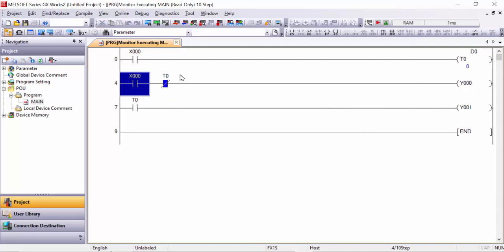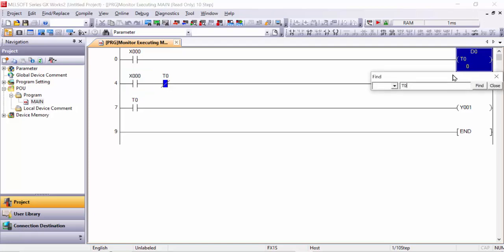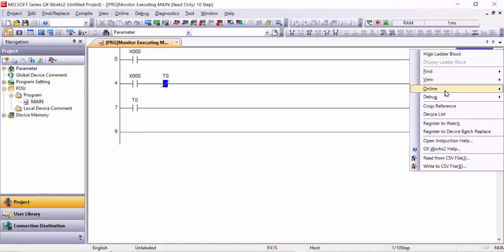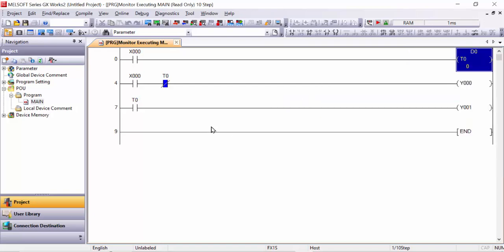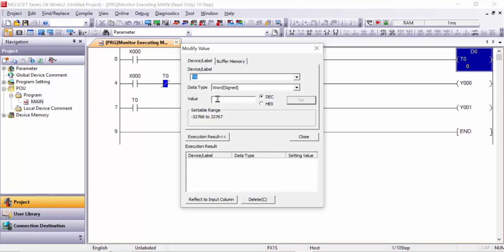And see, now D0 does not have any value. How can we write the value? Not here, sorry. Click on the D0 and modify the value. Modify the value, and here you have to write D0, and here you give the value, for example 20 milliseconds. In decimal you set this, and 20 milliseconds will be ready with your timer,